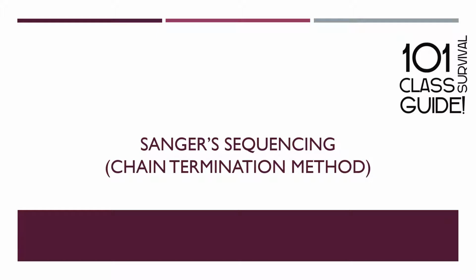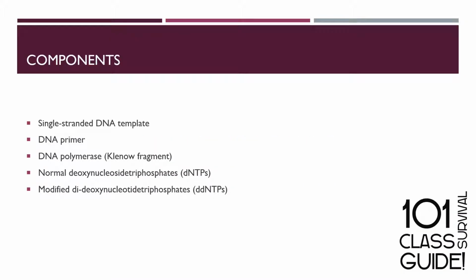Sanger sequencing was the first ever sequencing method developed to analyze nucleic acids. Sanger sequencing, which is also known as the chain termination method, was developed by Frederick Sanger and his colleagues in 1977. Sanger sequencing components include single-stranded DNA template, which is achieved by elevated temperature in which the double-stranded DNA dissociates